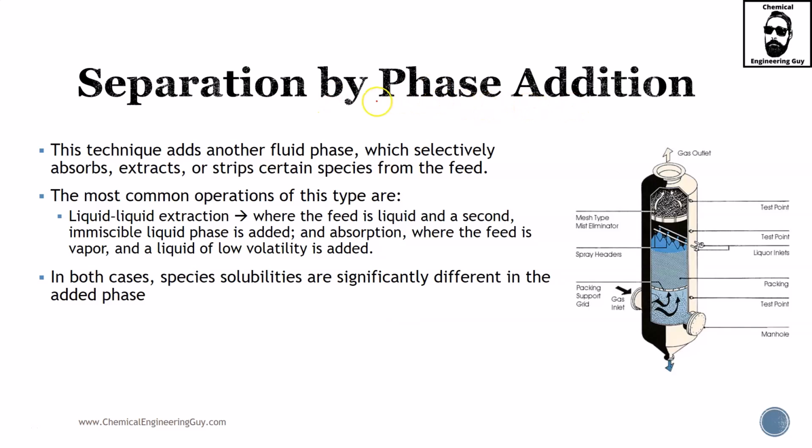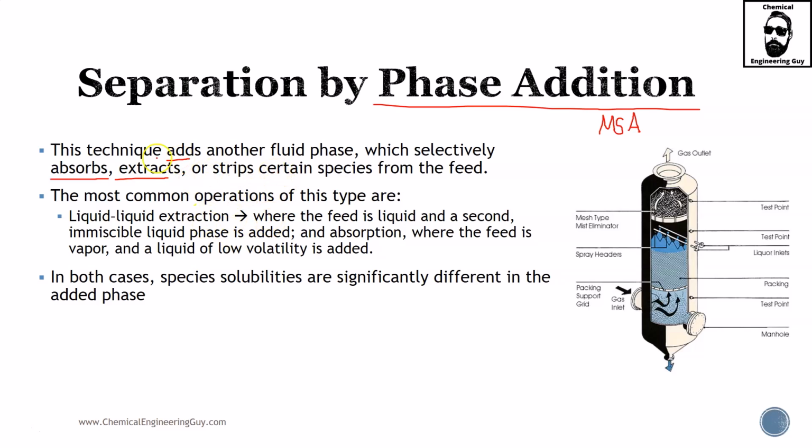Separation by phase addition, and as you can imagine, we are going to be adding an external phase, and this is typically done by MSA, mass separating agent. This technique adds another fluid phase which selectively absorbs, extracts, or strips certain species from the feed. The most common operation of this type, as I already stated, is gas absorption, liquid-liquid extraction, solid extraction, stripping of